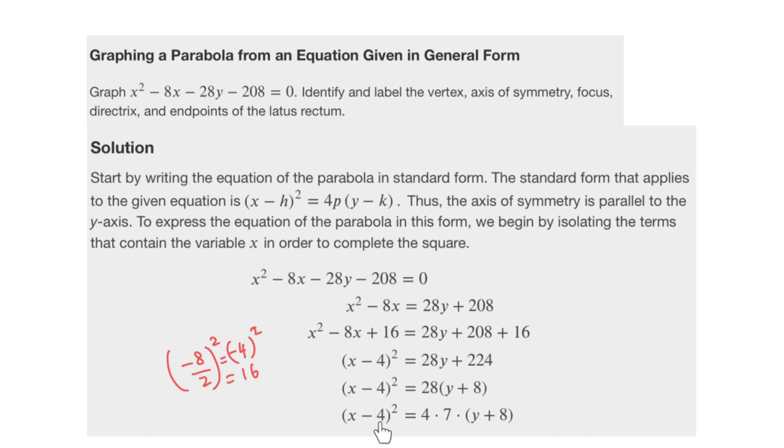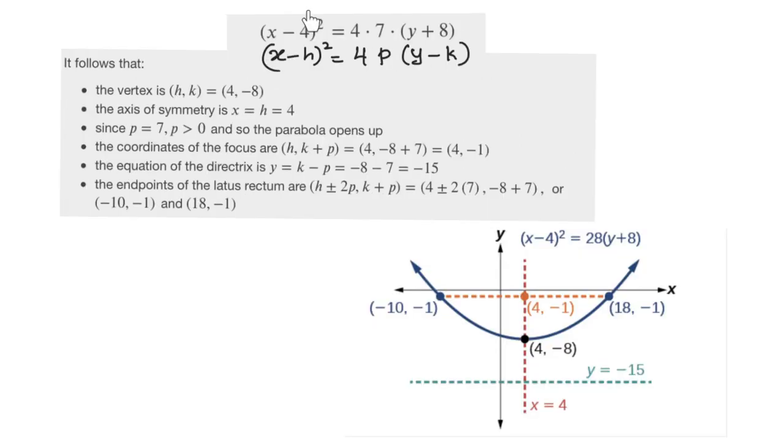So h is 4 and k is negative 8. I copied down the formula into this page. We were comparing this formula with the standard form, and p is 7 and (h, k) is (4, negative 8). Since p is positive, or this whole right side term is positive, that means this is a parabola opening upward. So we can start graphing by